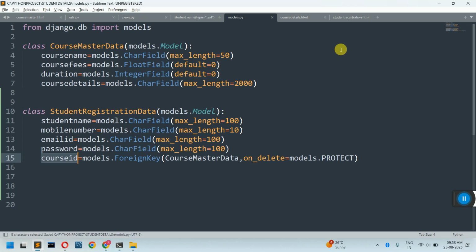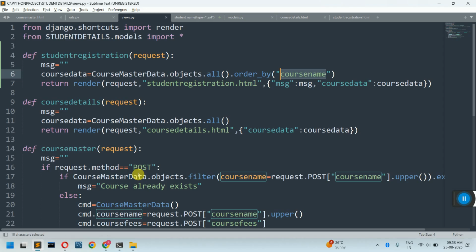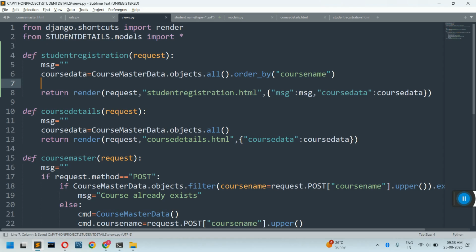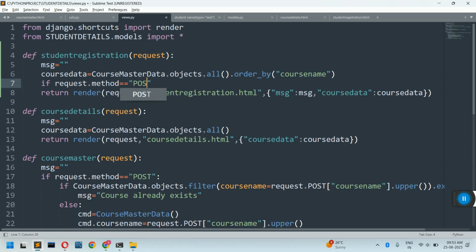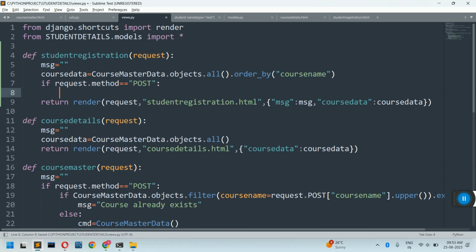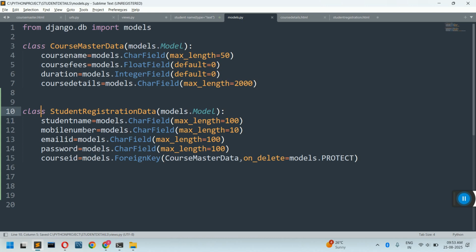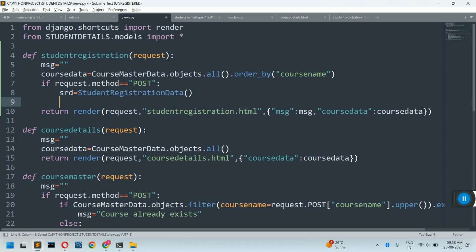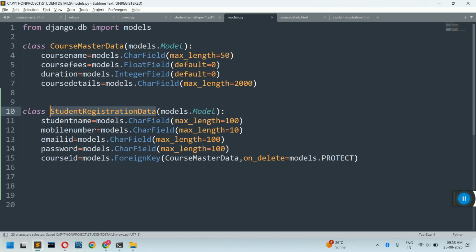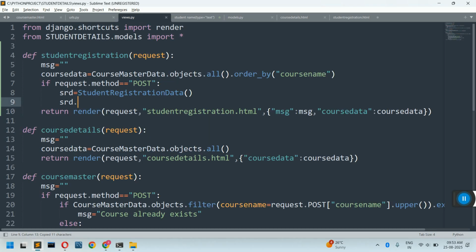Now the save code in this case. So go to views.py. Here, when I click on the submit button, the data should be saved. For saving there is not much change, just one slight change in this case. What that change is, we will see. Of course, if request.method double equal to POST colon, inside this, copy the student model, and create an object of it. I call it as srd is equal to model create, srd dot, here the column name, that is student name is equal to